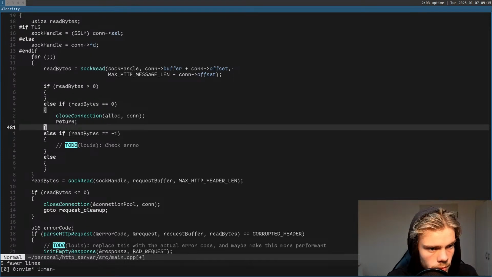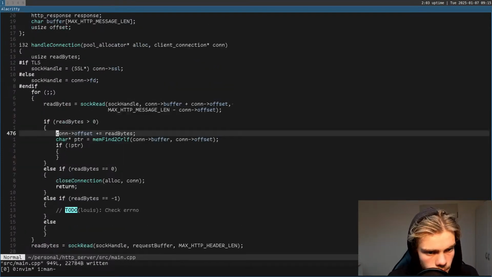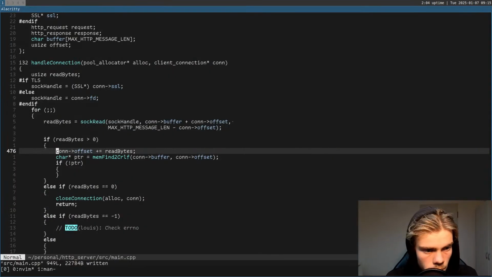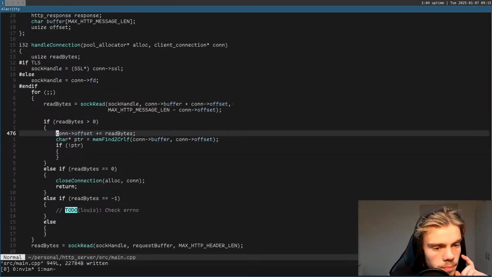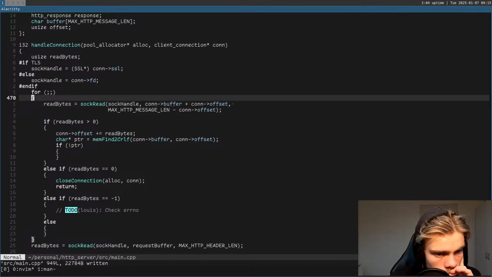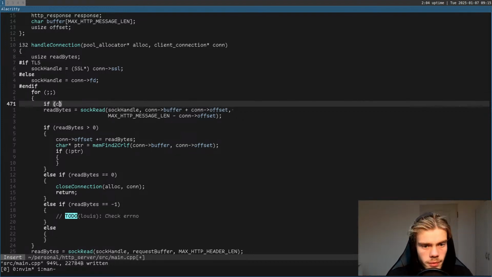So we have read bytes. If con offset is greater than or equal max HTTP message length